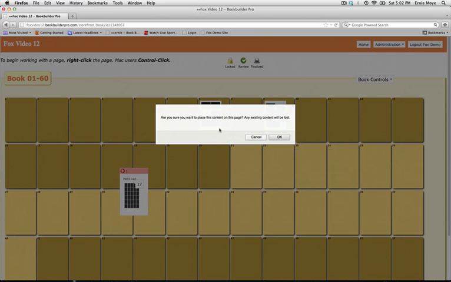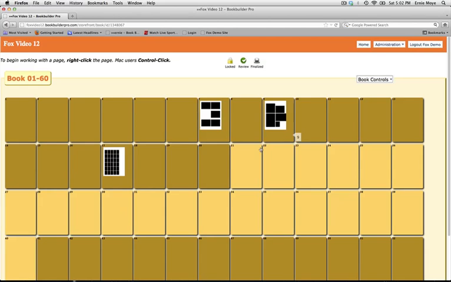It's going to ask me, are you sure you want to replace the contents on this page? Any existing contents will be lost, so it will replace anything that was on that page. I choose OK. Now I've placed my template on that page. Now I want to flow my data or that class onto this page. I right click, I go to Page Properties,